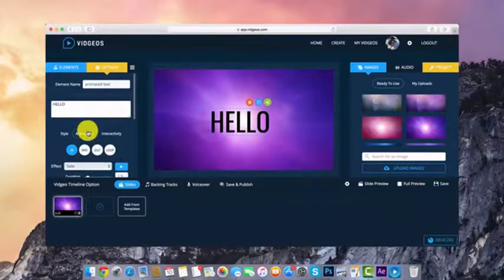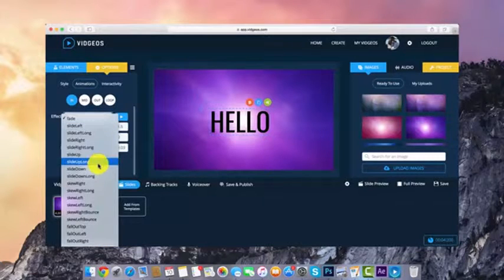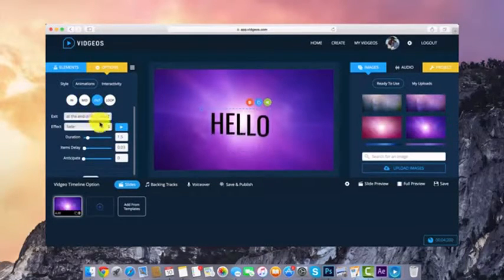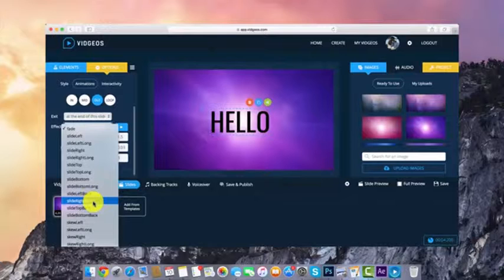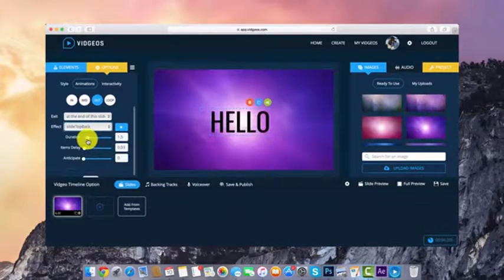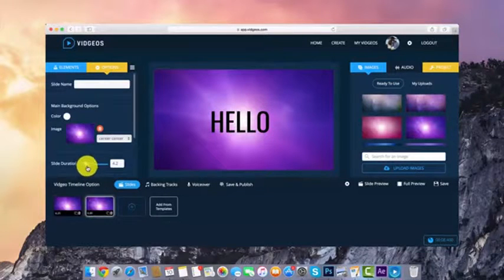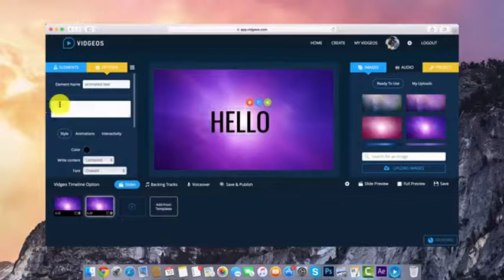And what I'm going to do is add on an animation just quickly, by simply choosing slide up, and then I'm going to use slide back like this, okay? So I've got a nice animation for my text here. Now what I'm going to do is duplicate this slide by clicking on this button over here, and I'll make the slide a little bit longer because I'm going to have some more text on this slide, okay? So let's say